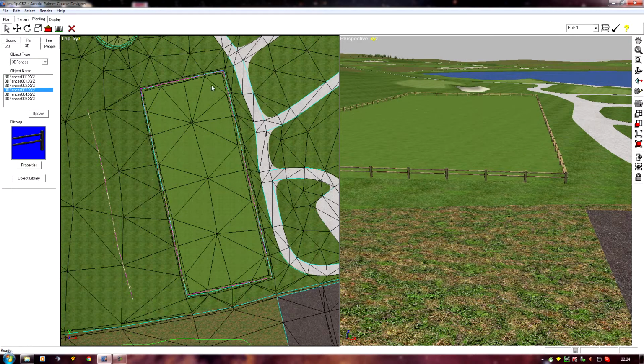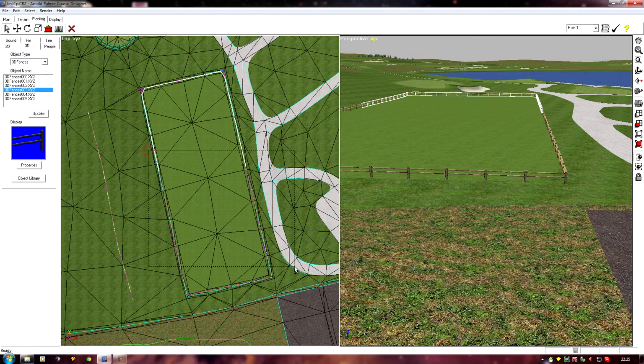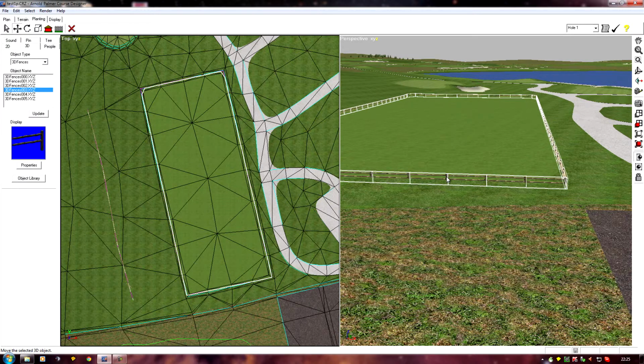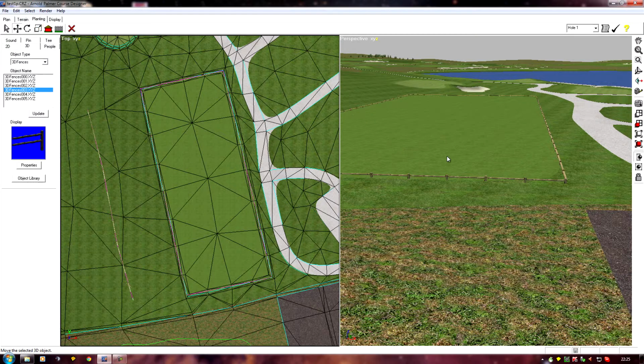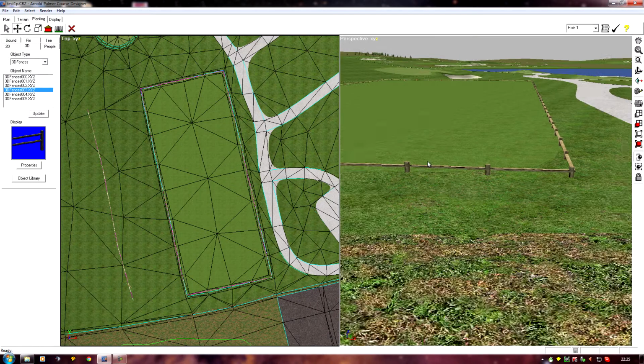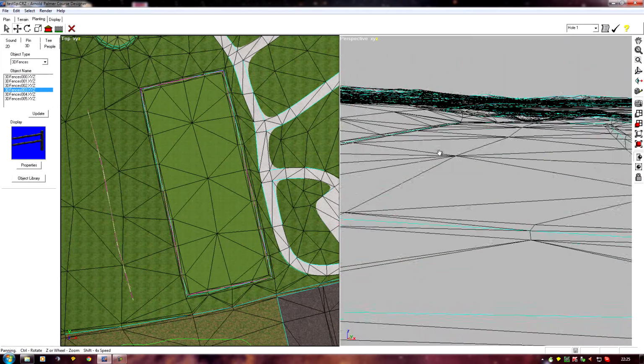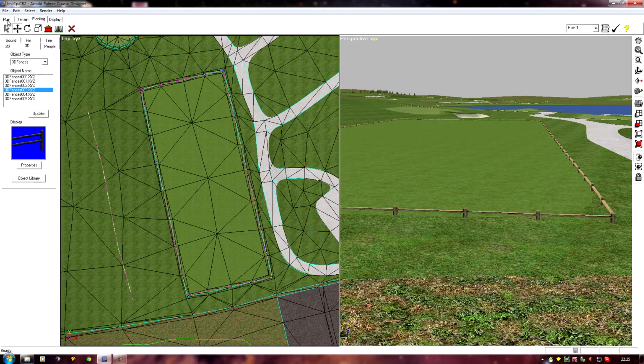One thing you can do, if we select the whole fence, we can move it on the Z-axis, and we can actually just pull it underground, deselect, and we've created a one rail low fence, totally different looking fence to the one we had. Another one we can make, if I just undo that,